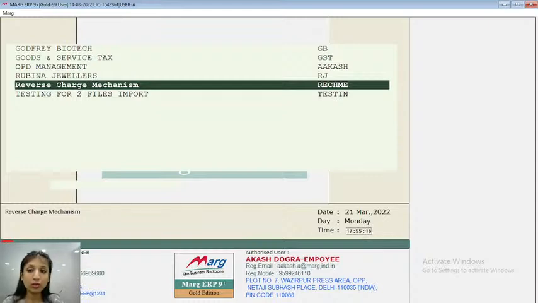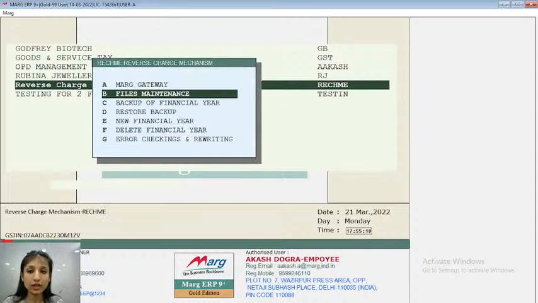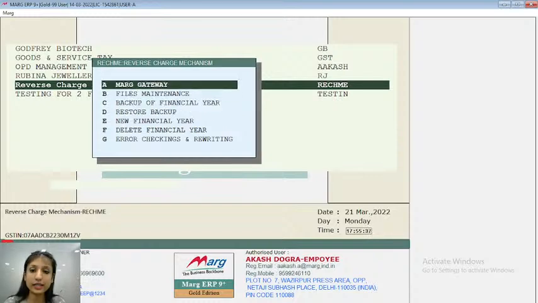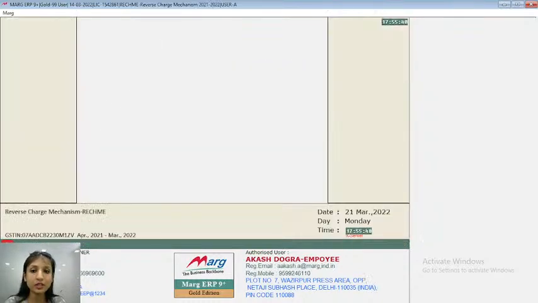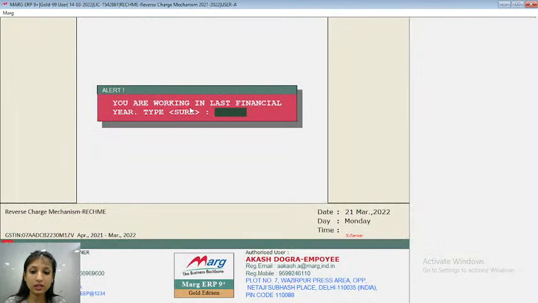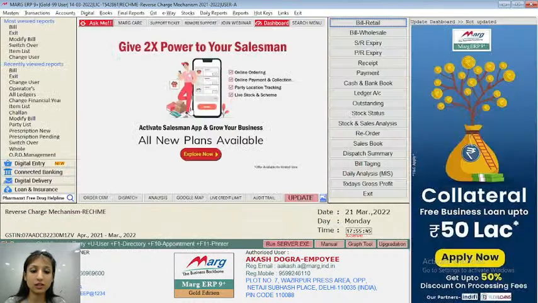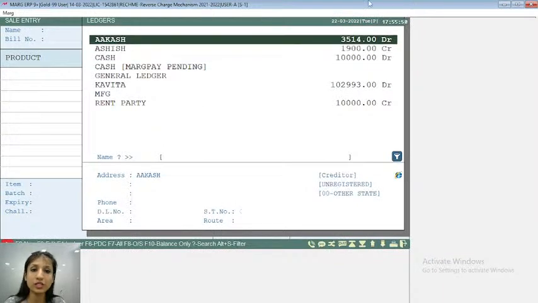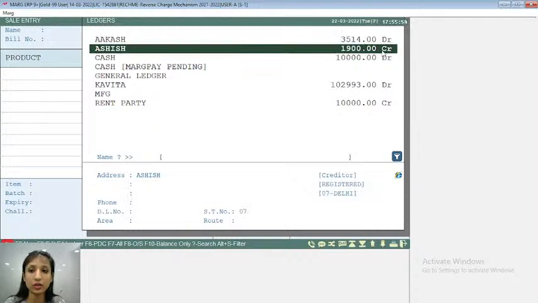Okay, and one more query, like I have told you earlier, that if we pass any entry in the previous financial year, then the software will ask to carry those changes to the new financial year. But if the software is not asking for that, let me show you that case also. Suppose I am creating an entry in the previous financial year again, like again I am creating the bill of Ashish, and the balance of Ashish is 1900. Okay, so